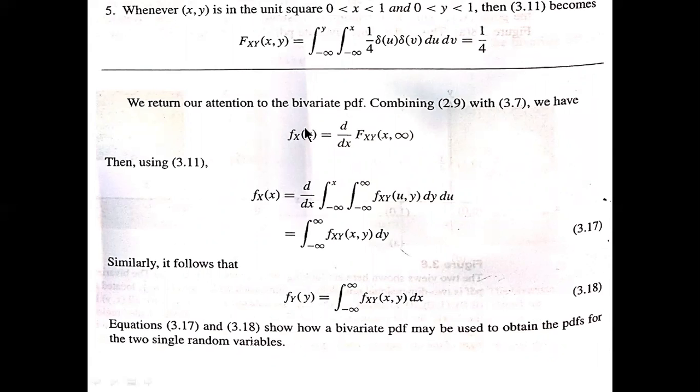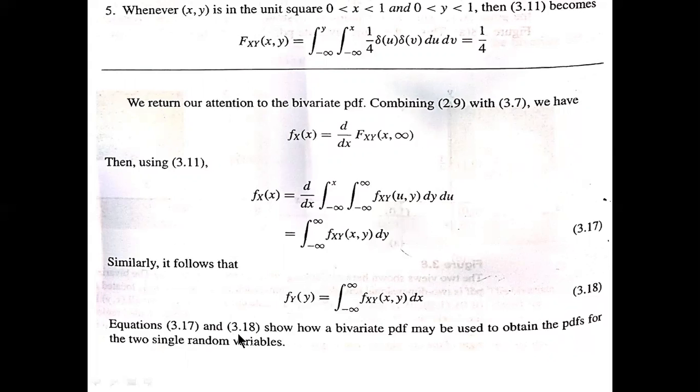Then we can consider the bivariate PDF and its effect on a single variable: f_X(x) equal to d by dx of F(x, infinity). That can be derived like this: f_X(x) is d by dx of the integral from minus infinity to infinity. We substitute for this quantity, and if you differentiate, the differential and the integral cancel each other. What is left is only this, and with respect to x, du will not be there, only dy will be there. So this will be f(x, y) dy. Similarly, f_Y(y) is equal to the integral from minus infinity of f(x, y) dx.